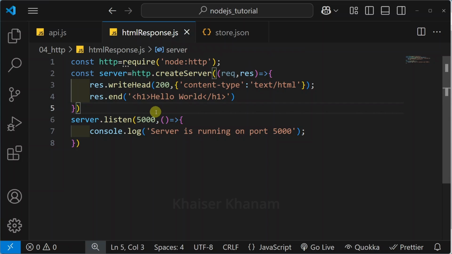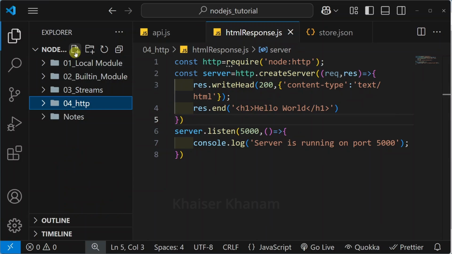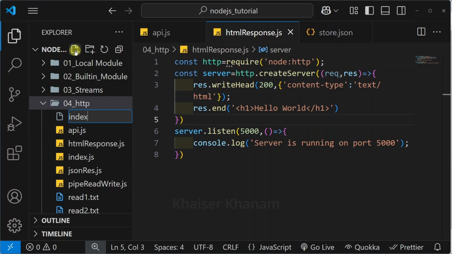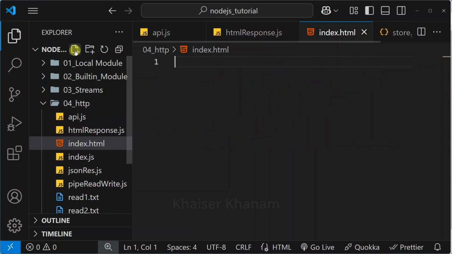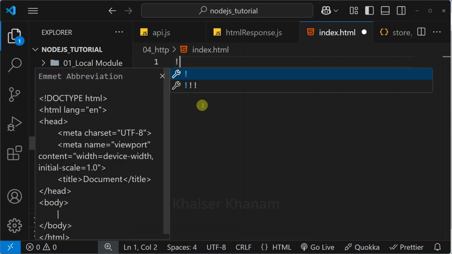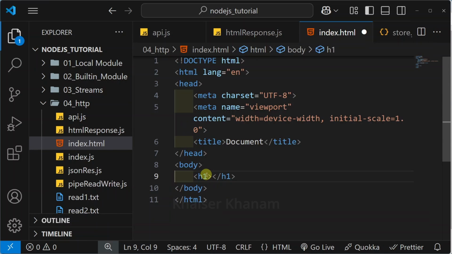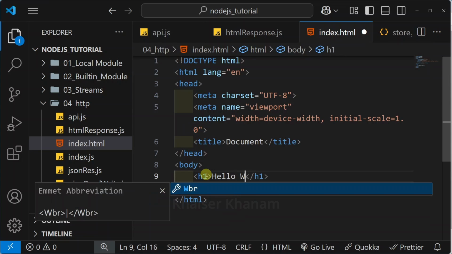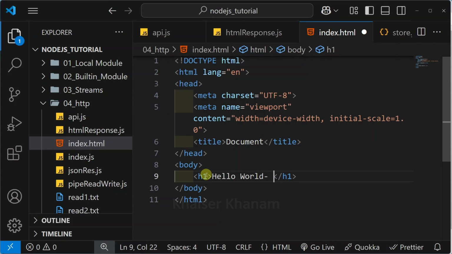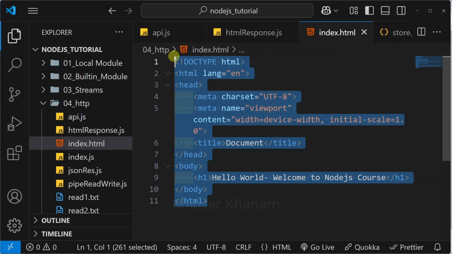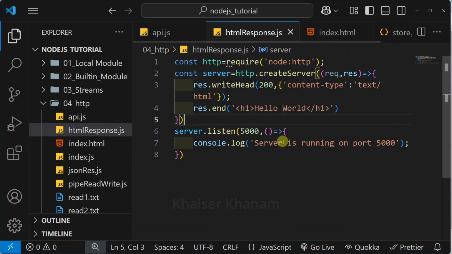data. Instead, here I will be creating one file. I will give the file name as index.html. Here I will be writing this template. Inside this, I will write h1. Here I will write hello world. Welcome to Node.js course. Now, this entire file content I have to access, and that content I have to send